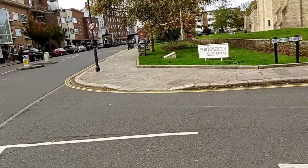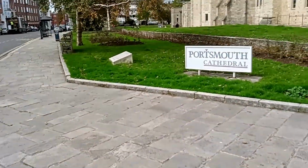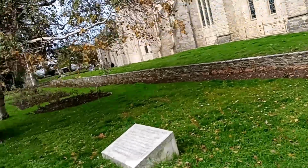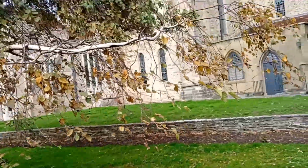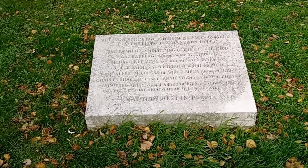Hello everyone, and we're outside the Portsmouth Cathedral, and we're going to take a look at the outside, and then we're going to go on inside and have a look. It's a beautiful October morning. It's 11:15 Saturday morning, and first thing we see is this sign here,